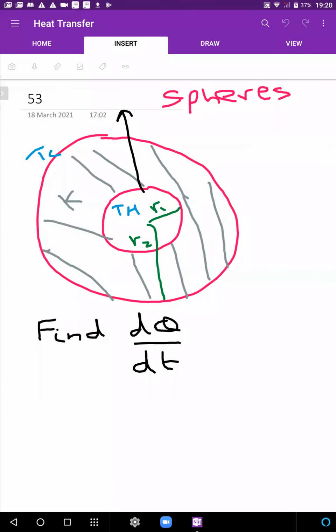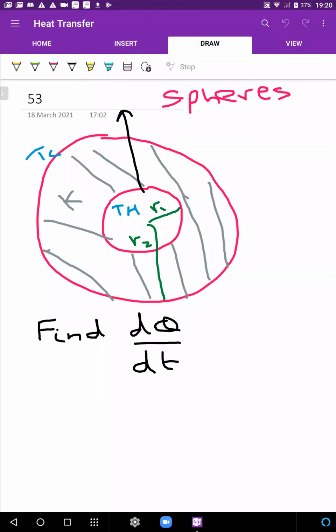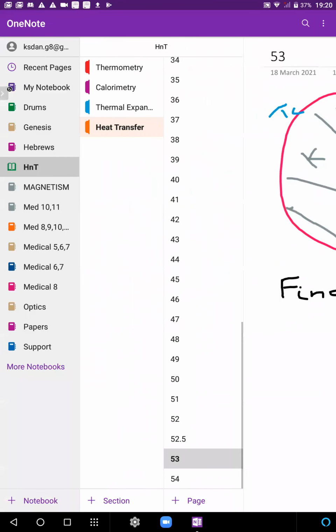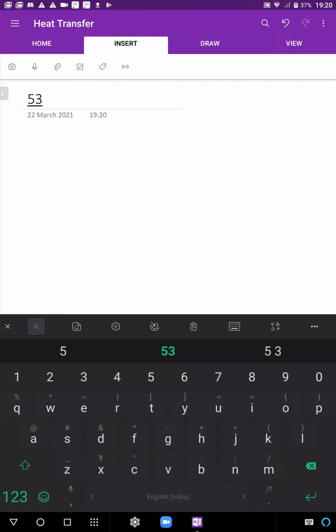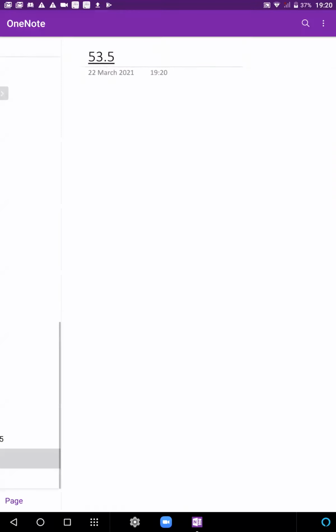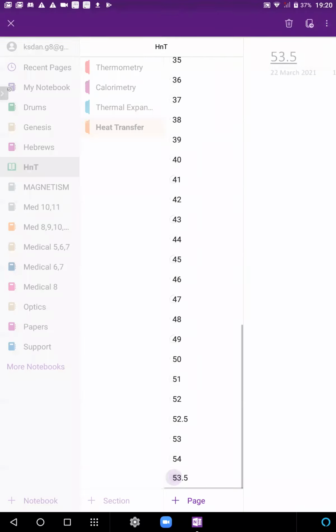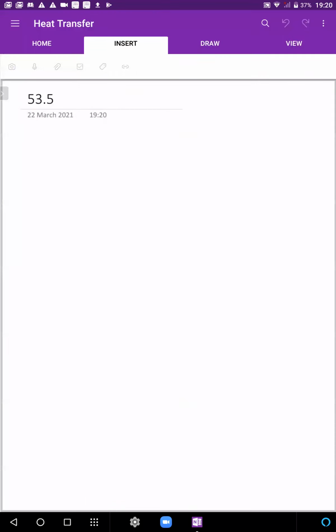All right. This was a sphere. Similar idea. The problem as we go outwards in the case of the sphere is, again, surface area is not constant. So the area perpendicular to your heat flow is not constant. As you go out, that area is constantly changing. So what we can do is we can then, again, try integrating that area.